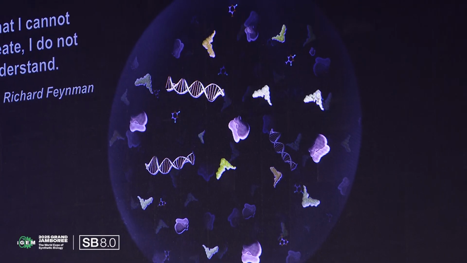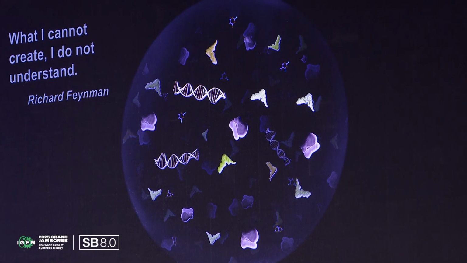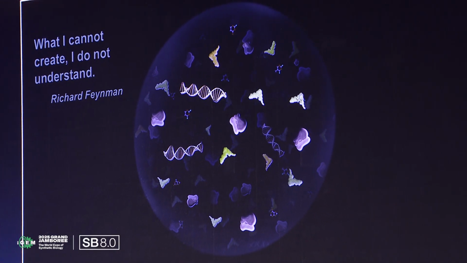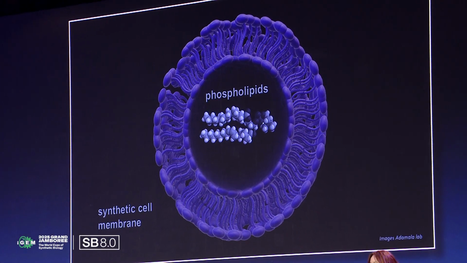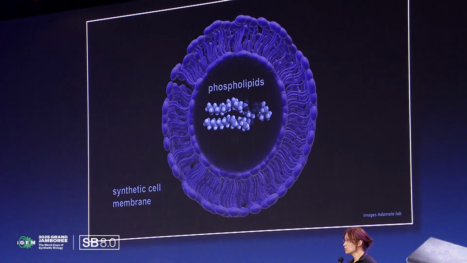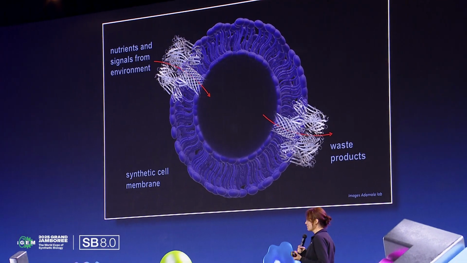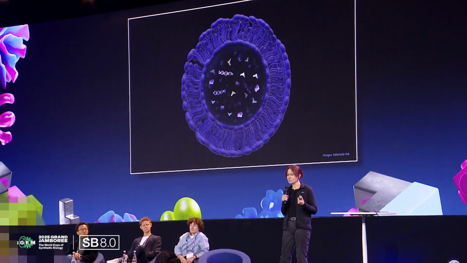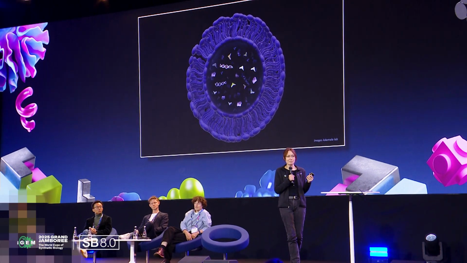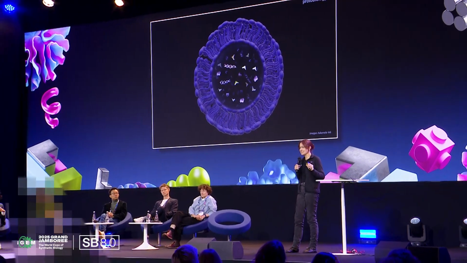complex living natural cell. So what we want to do in our field is we want to make synthetic cells basically so we can fix the radius, so we can understand how cells work. And as Richard Feynman said it the best, if we can build it, then we can actually understand it. We'll be able to say we actually understand living cells. So what my lab is doing is we take liposomes, phospholipid liposomes, we make them look sort of like cells. So we put channels in a membrane so we can put things in from the environment, so we can remove waste, and then inside our synthetic cells we put cell-free protein expression system. And that's it. That's the simplest, most basic cell.